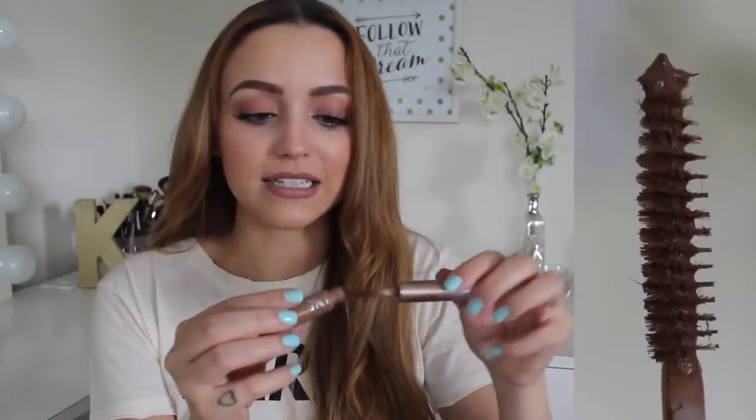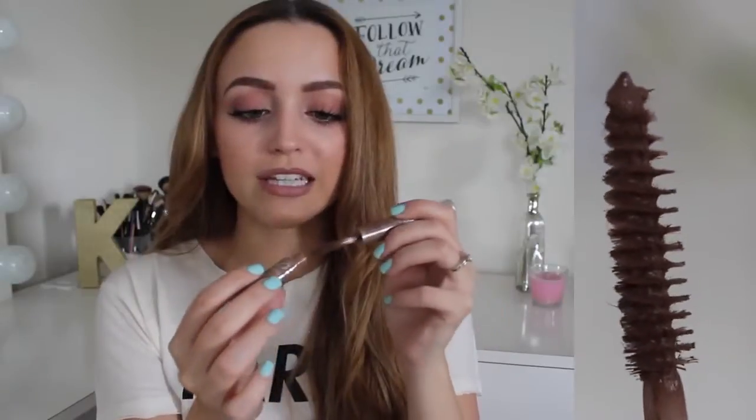I haven't used the clear brow gel because I love the tinted brow gel section. Open it, you see that it has these little fibers on it, which leads me to believe that it's kind of like their version of Benefit's Gimme Brow. I haven't tried Benefit's Gimme Brow, so I can't tell you if it's a dupe, and I don't really notice that much that the fibers go onto my eyebrows at all, actually,